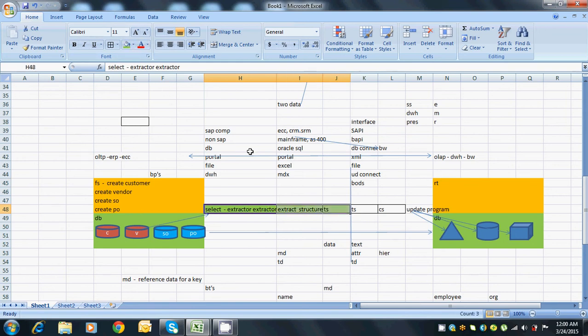extractor program, extract structure and transfer structure, and we collectively call this a data source. A data source is a component which resides in the source system. It is a combination of extractor program, extract structure and transfer structure. Using the data source only we can bring the data, and we have 4 types of data. So in order to bring 4 types of data from the source system, we have to come up with 4